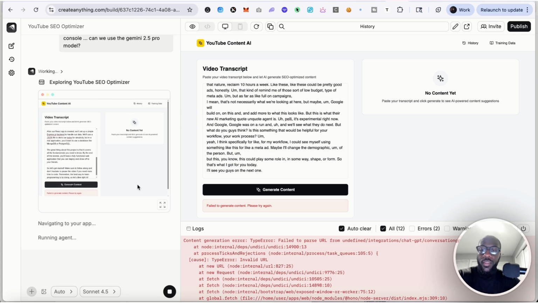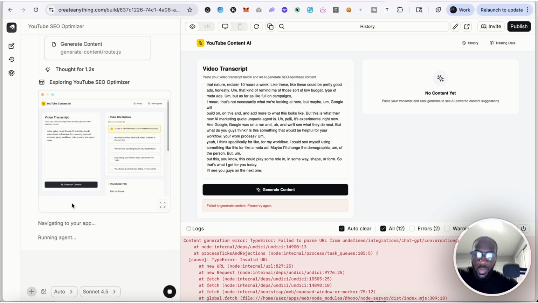I don't like that it's manually writing out the whole transcript though. One thing you do have to be mindful of is the credits that go into the testing aspect of it. The testing is able to happen thanks to this new Max autonomous agent that they have. We have to be mindful of the amount of credits it uses up, especially when it's looping and the problem doesn't get fixed immediately. There we go. So we've now got the content being generated.